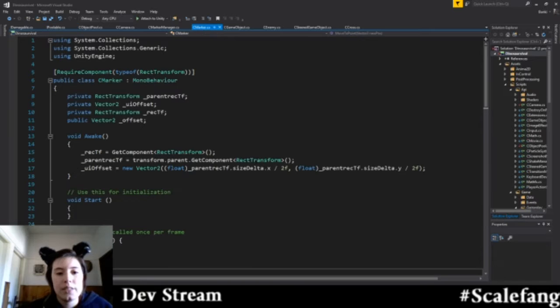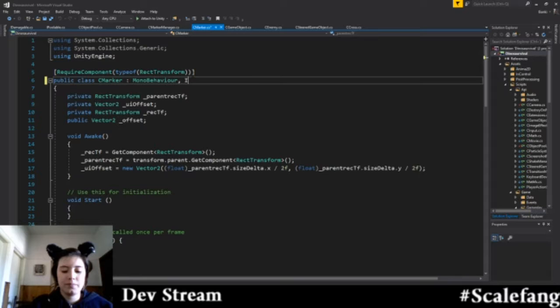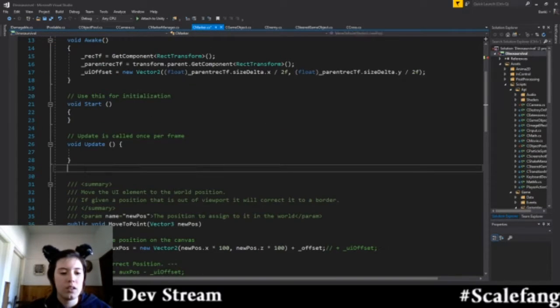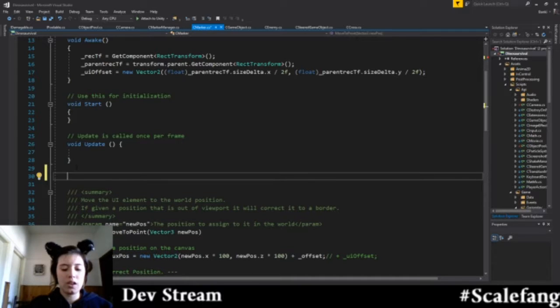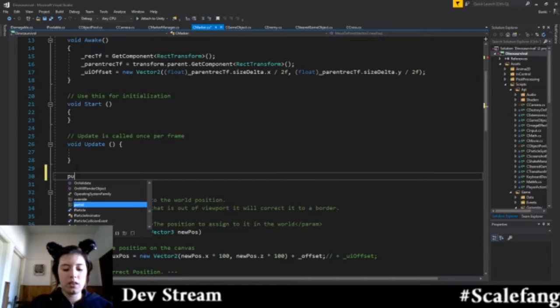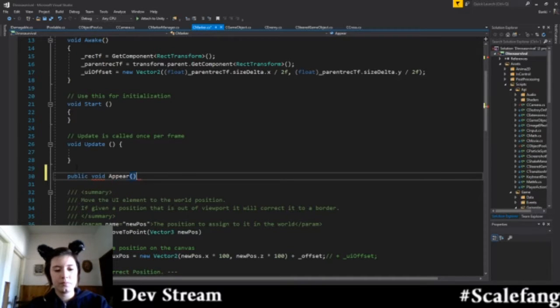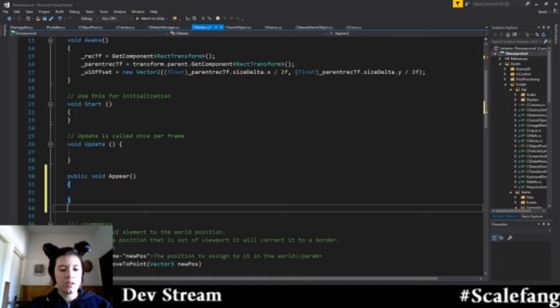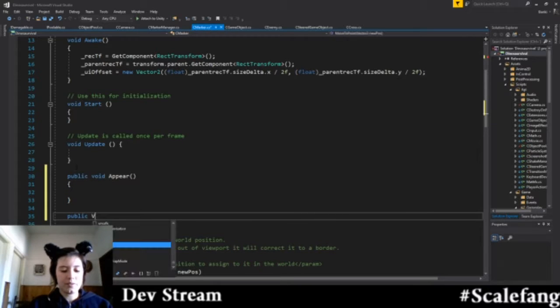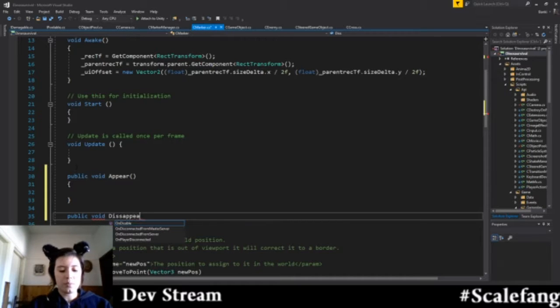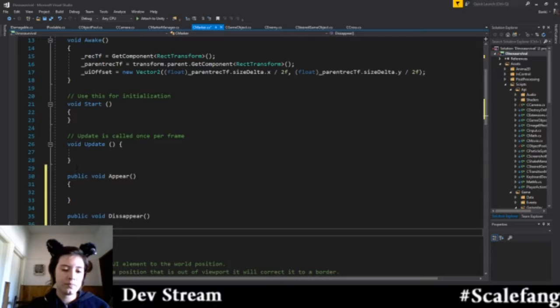So now the marker here will need a public void appear and a public void disappear. Okay,